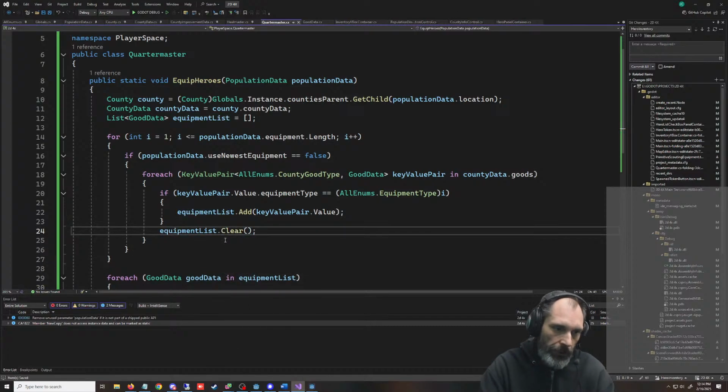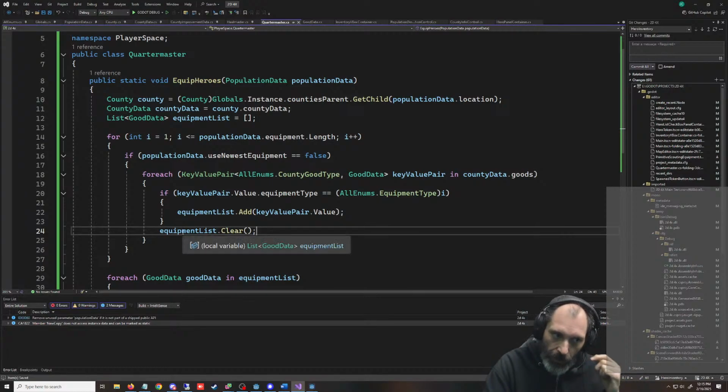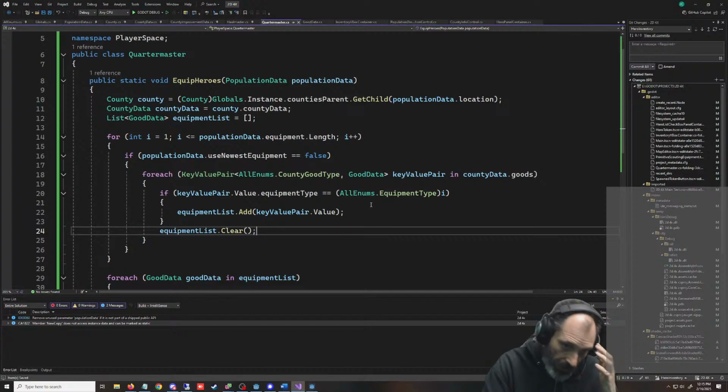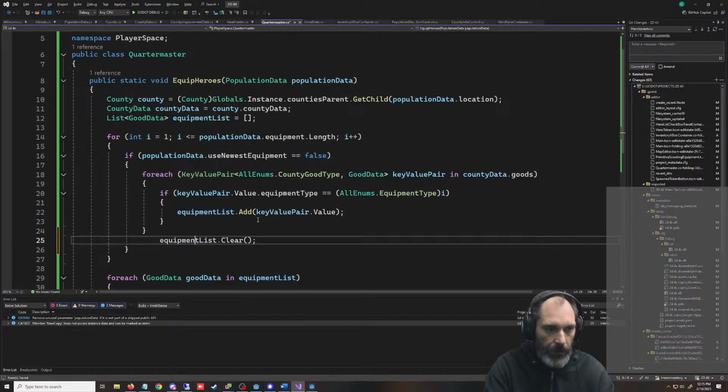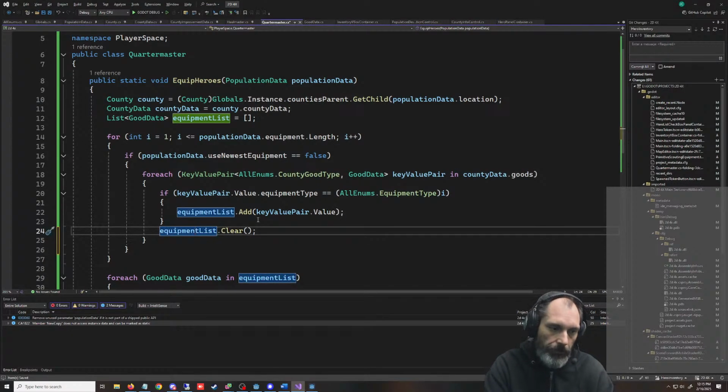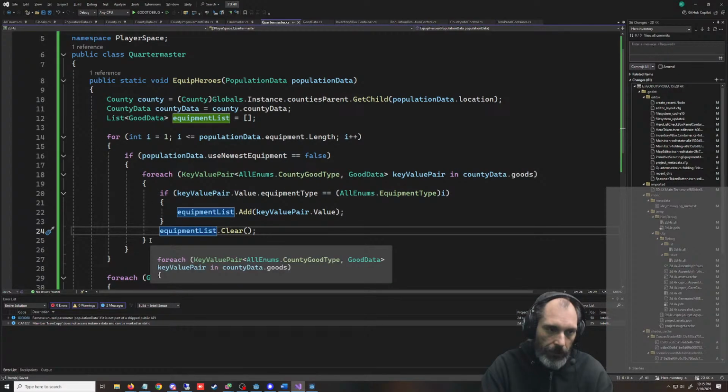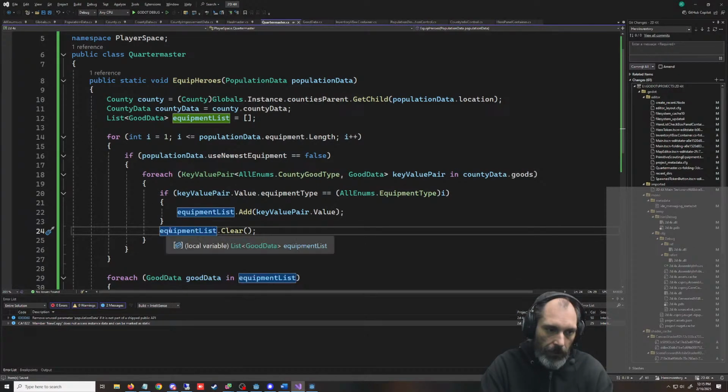I think we're going to have to do it afterwards. We need it to be after each one of these that it clears it. After each loop, it needs to clear. We can't have it here. We need it to go.